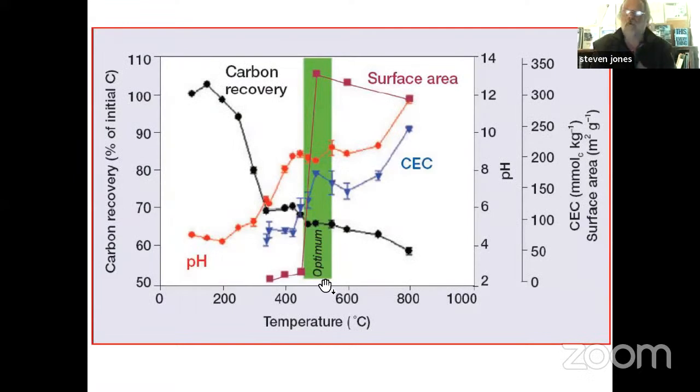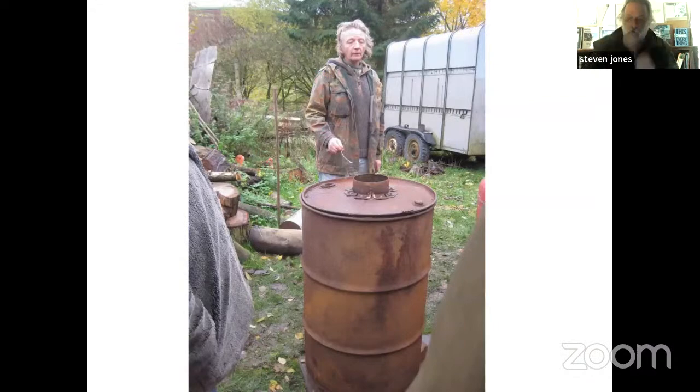But what I need you to understand is there's an absolute optimum zone. And to create that optimum zone, to make our biochar, we need to control the burn. So whether we're using a vessel or a pit in the ground, that's what we're doing. If we get it right, we create this massive surface area gain. You can see, if you don't reach the right temperature, if it's not quite hot enough, the magic doesn't happen. But if we get it right, suddenly everything tips our way. And now we've got a wonderful material